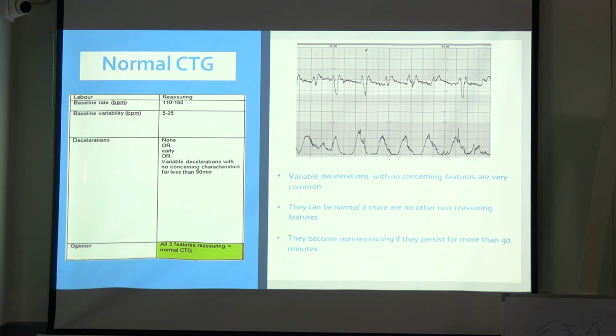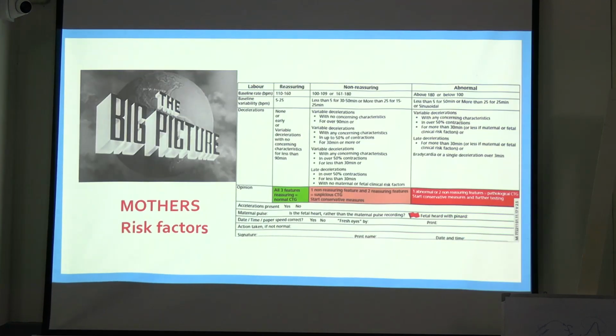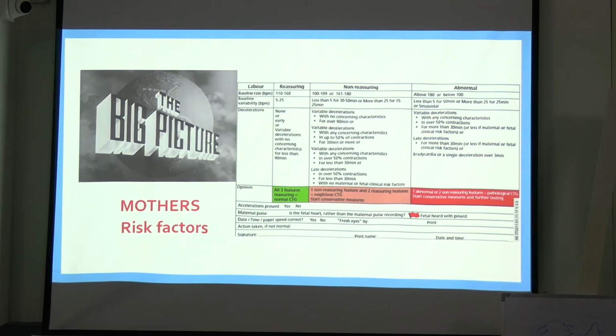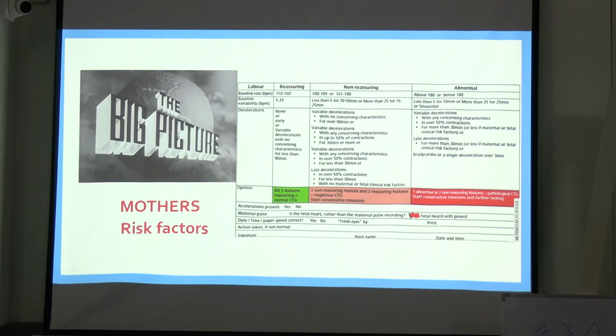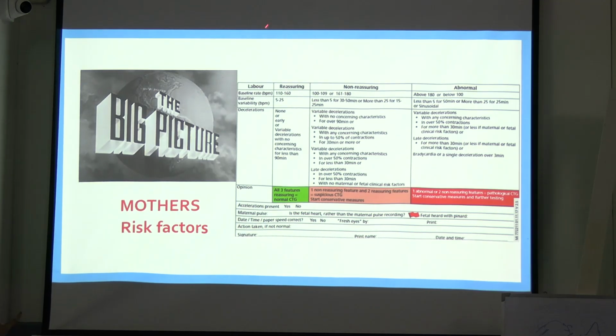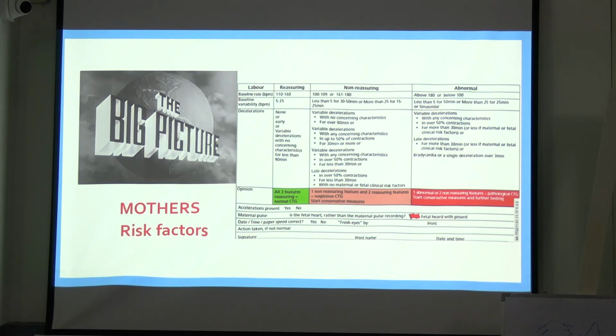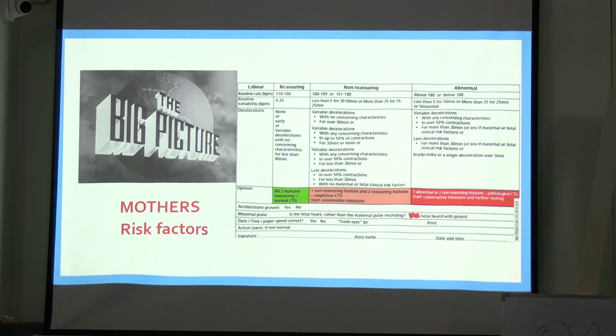So this is normal CTG, these are the findings. Now coming on to the non-reassuring features and what are the abnormal features. If CTG has all the three reassuring features, it is known as normal CTG. All the three meaning, you don't measure the acceleration in these three things. You only see the baseline rate, baseline variability, these three things you need to see. If all these things fall under reassuring category, it is normal CTG.